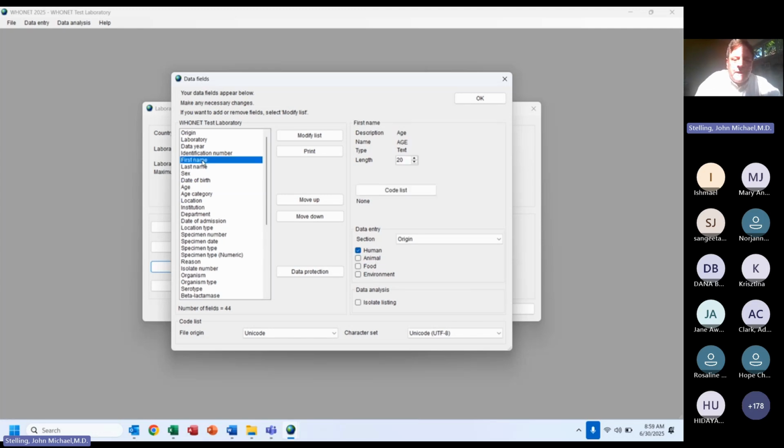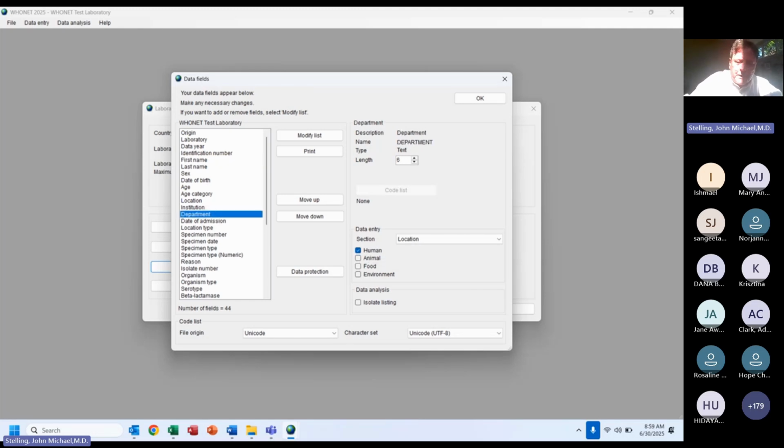I was saying that first name is a human question, but for laboratories working with cats and dogs, often they do keep track of the cat or dog's name. They don't usually keep track of the name of the chicken or the name of the fish, but you can customize it and add and remove things. For example,